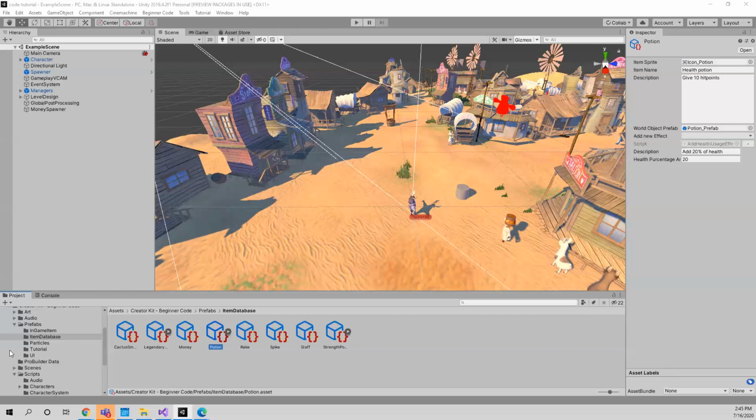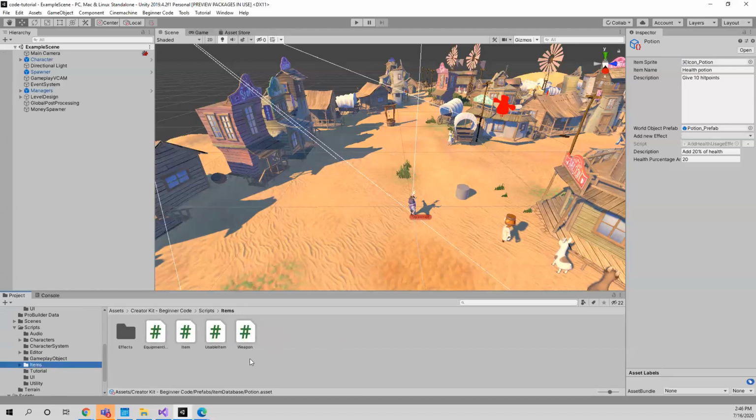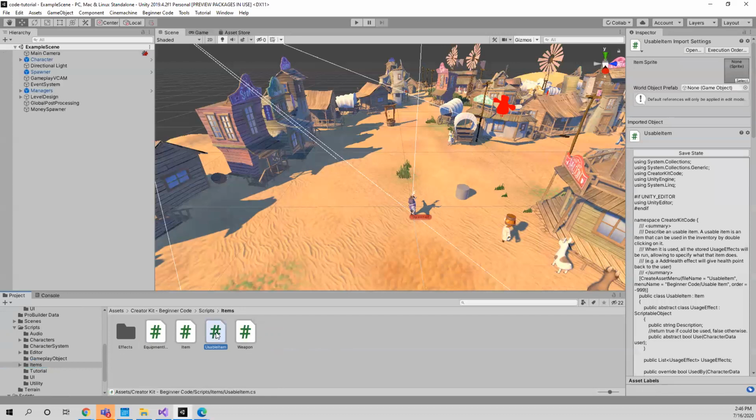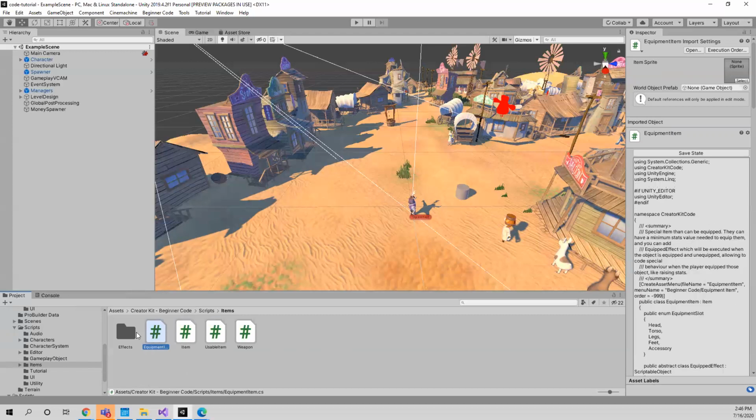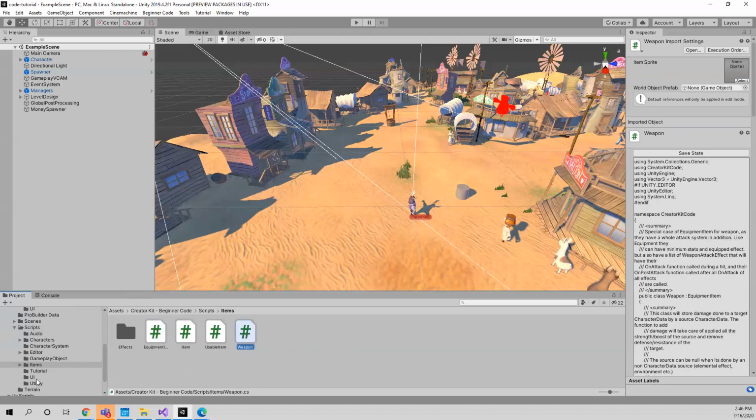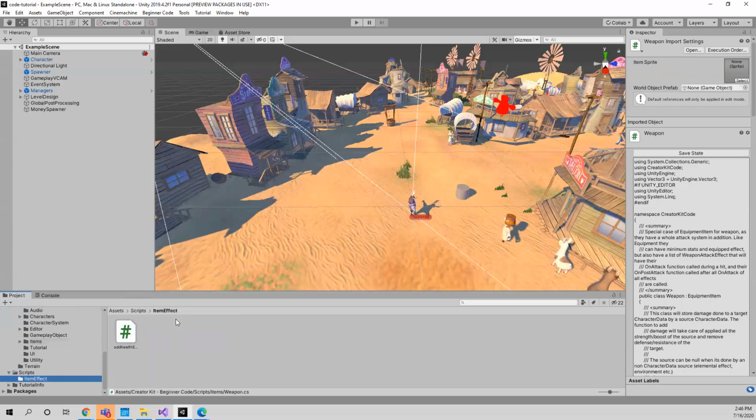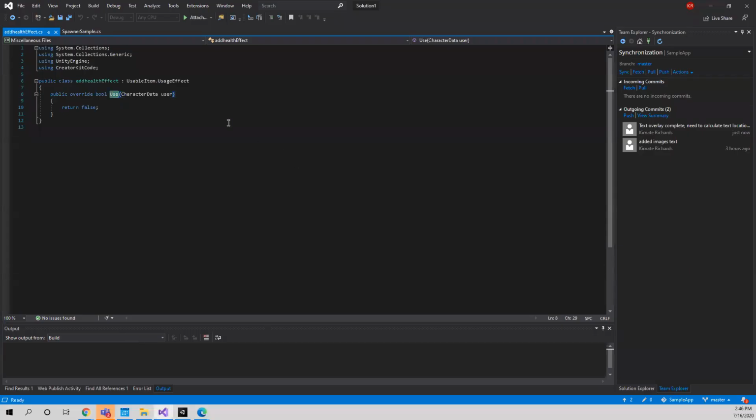So if we went back to that script that we were in, what we want to end up doing, so we look at, here's our usable item. Oh, this is not our usable item. Take that back. Where'd it go? Item, weapon. Oh, wrong. Oh, this is my script. Sorry. If we look back here,